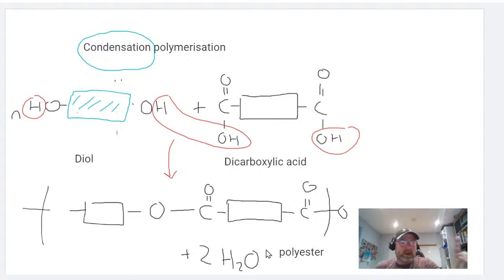Yes, Lloyd. You've got to take the H off of the alcohol and the OH from the carboxylic acid. But technically, would you really know? No, you wouldn't. When you join it all back up, it doesn't really matter as long as you end up with the end result right. And just make sure, when you count it up, that you've removed 4 H's and 2 O's. Just make sure you've removed 4 H's and 2 O's. But technically, if you wanted to know, the OH comes from the carboxylic acid and the H from the alcohol. So,